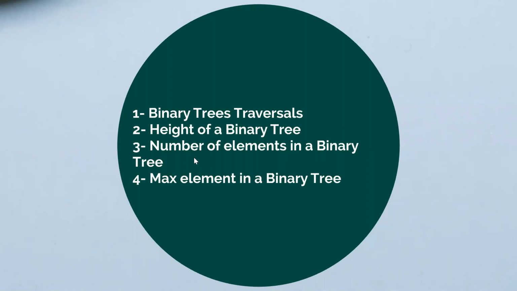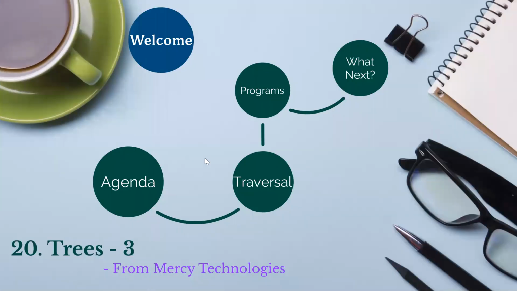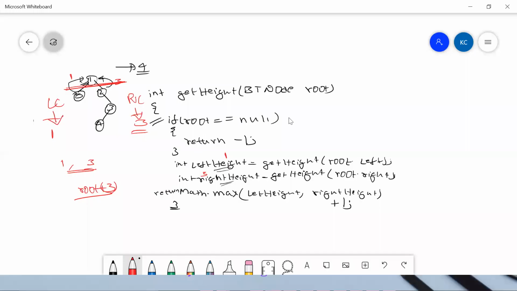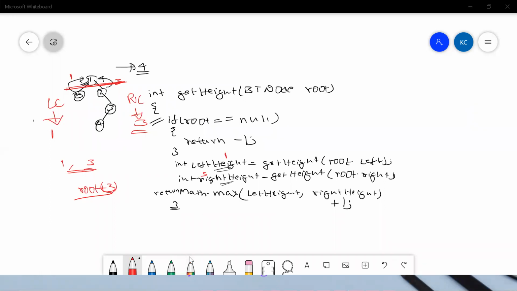The number of elements of a binary tree and the max element of a binary tree both have similar code, right? I want you to experiment and write code for that. Tomorrow in our next class, we'll see the code for that as well, but take it as homework, because this is how we have to write it. There'll only be very small tweaking to our program, and we'll get the number of elements and the max element as well. We'll be doing this homework tomorrow also, but make sure you write it.